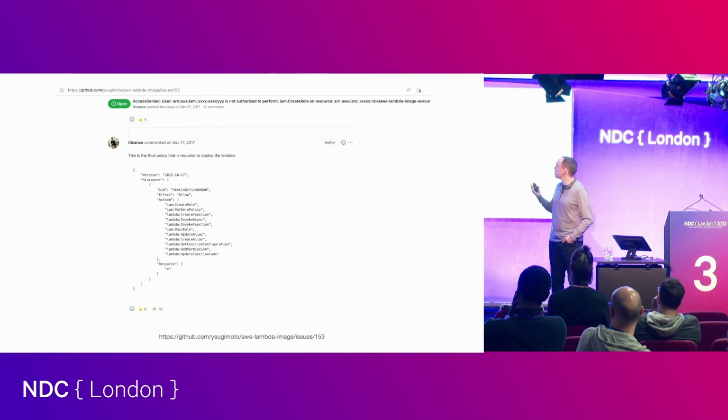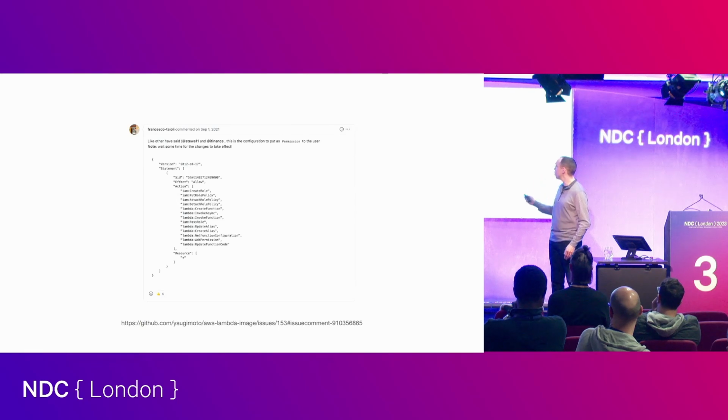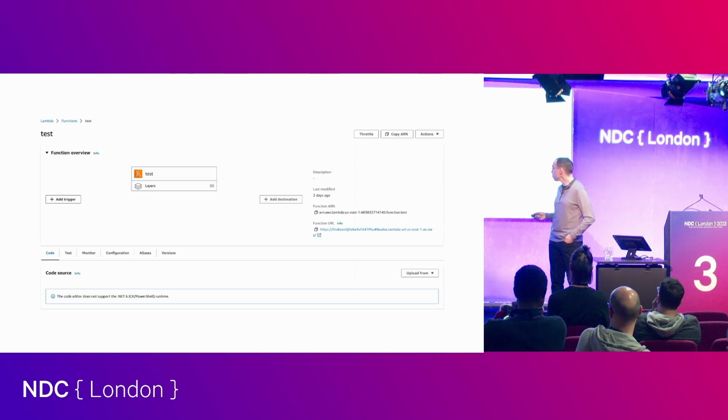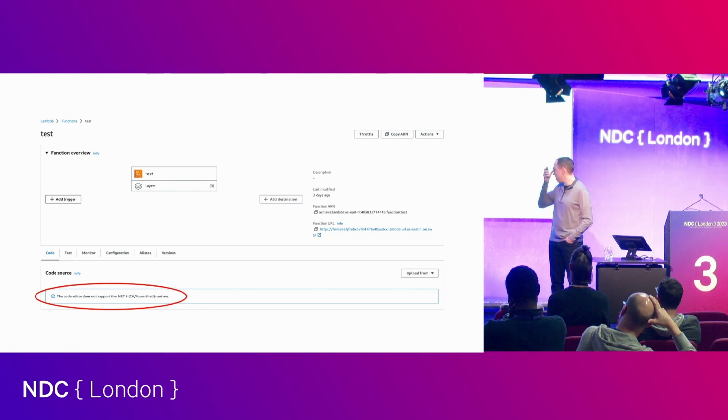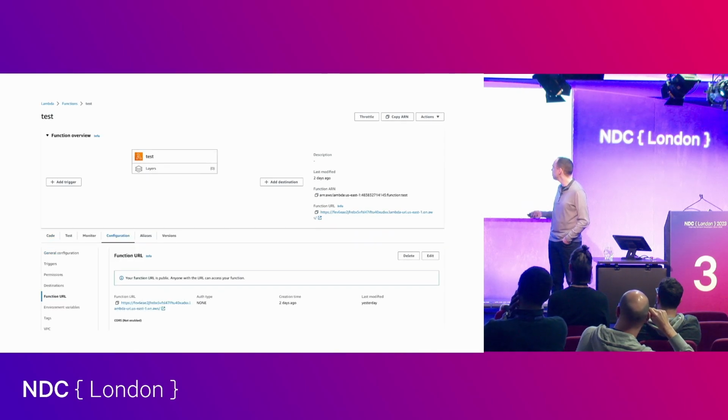But I finally was able to Google and find this random GitHub issue where I was able to find, okay, here's all the things that the test user needs, all the permissions that it needs. But actually this one was a little newer, and that's the one that you actually need for whatever reason. So I didn't, again, spend a lot of time figuring this out. My point was just to figure out the friction one way or the other. And then I got my function. Okay, it doesn't support editing in the .NET 6 runtime. Okay, small little bit of friction. I could deal with that. It's not really that big a deal.